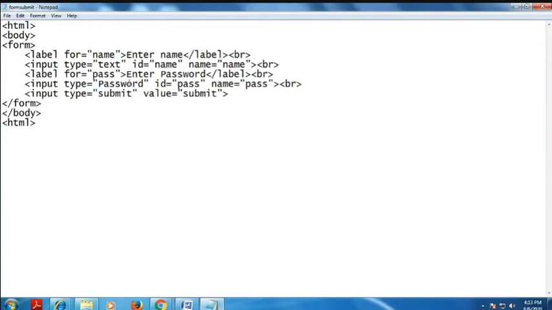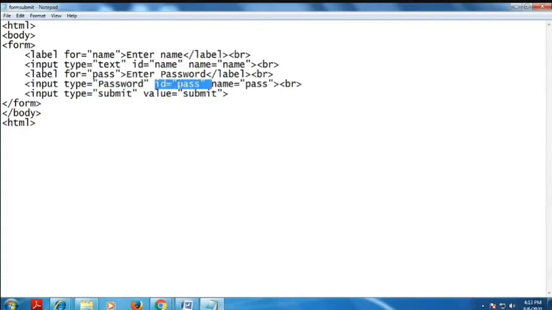What is the meaning of password? The password acts to hide the information from others. That is the meaning of password. Here the information will display in the text box. I have to put the type as password. Whatever character you mention, it can be converted, but you didn't mention any character, it does not display.